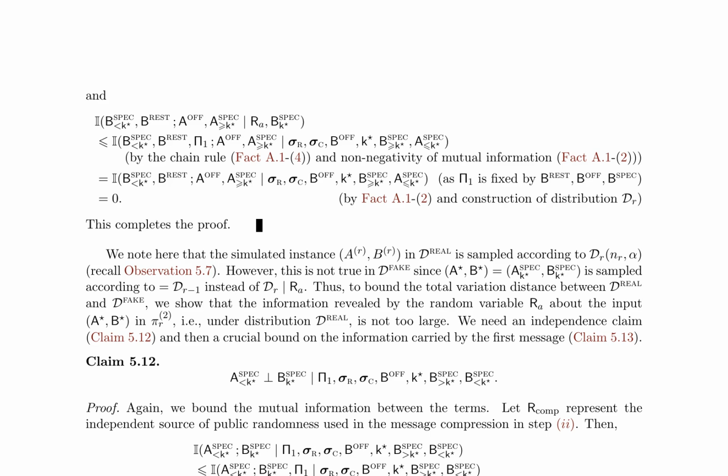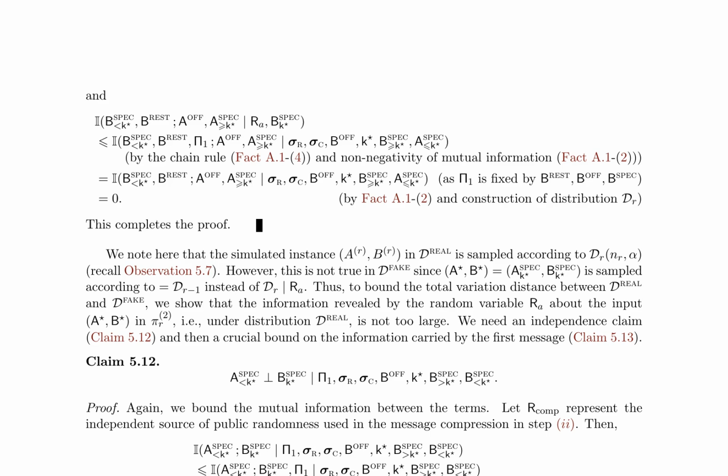The paper presents a comprehensive information theoretic analysis of a specific quantum communication protocol, focusing on the mutual information between different components of the system. It begins by establishing a chain rule for mutual information, which is used to bound the mutual information between two sets of variables in the protocol. This bound is crucial for understanding the flow of information within the system and how it affects the overall performance of the quantum communication protocol.